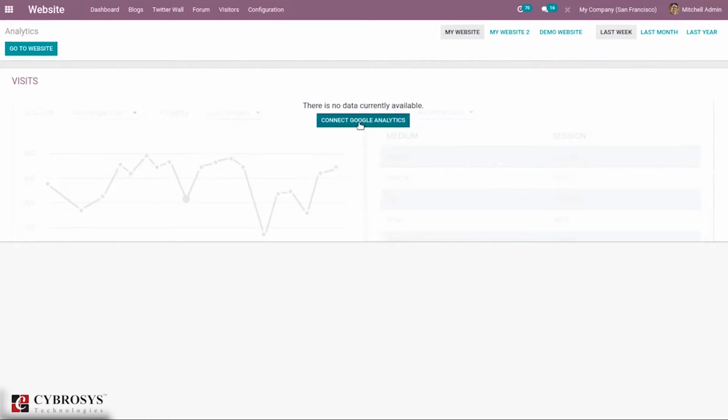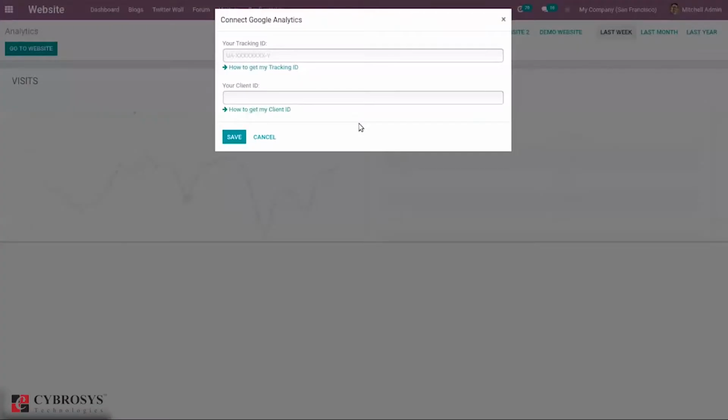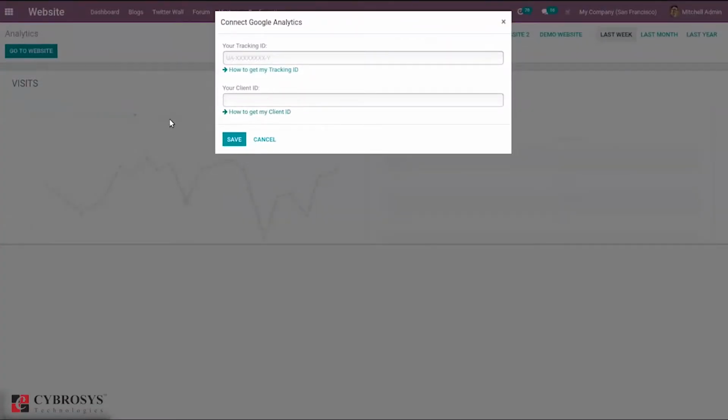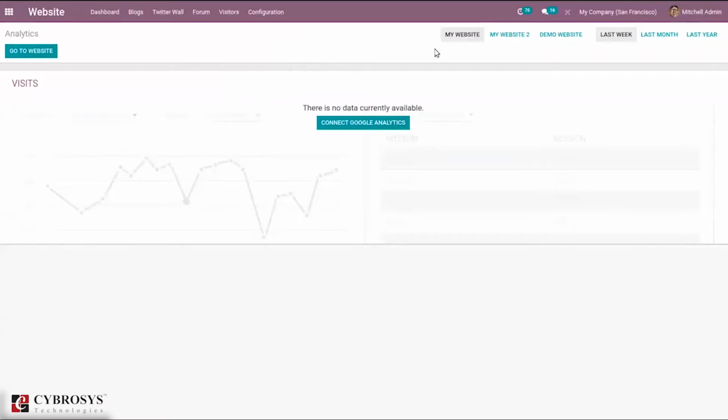So here we can connect Google Analytics. Currently no data is available. The user can assign the tracking ID and client ID. So here we can change last week to last month and last year.